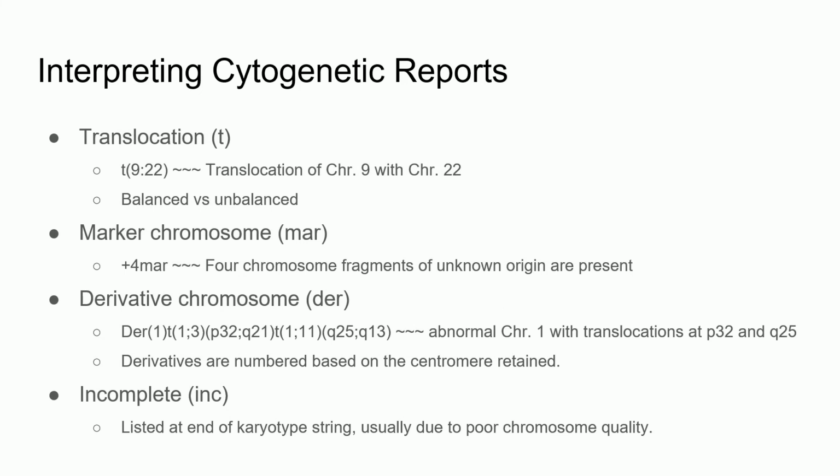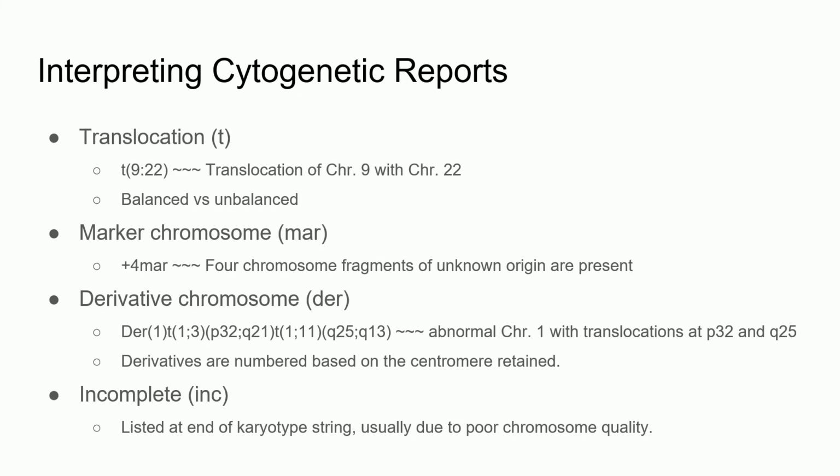Translocations use the lowercase t followed by the chromosome numbers involved within parentheses and separated by a semicolon. This is often followed by the location of the breakpoints for each chromosome. Translocations can be balanced or unbalanced. Balanced means there is an even exchange of material, so no extra or missing genetic information. These can be asymptomatic, unless the translocation results in a fusion protein, like the 9;22 translocation, for example, which results in a fusion protein, BCR-ABL1.